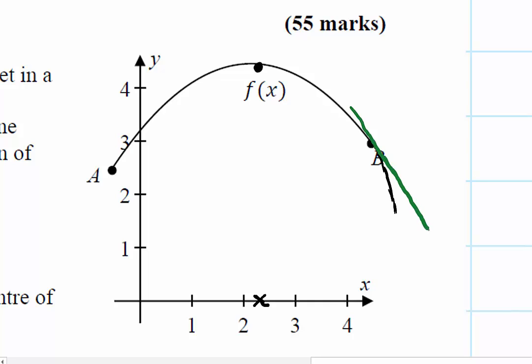So if we imagine a tangent there, and where that tangent cuts the x-axis, that's the angle we're looking for. So maybe give it a name, call it theta. And also we can observe that that angle